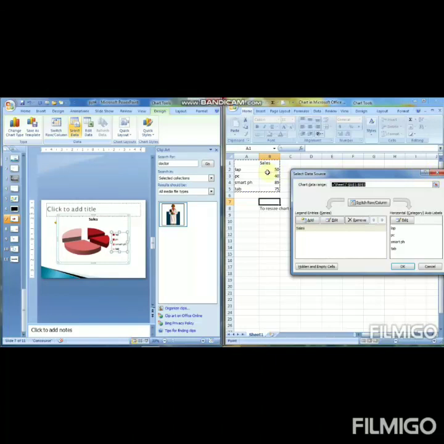I have only a limited amount of data, so it will be entirely selected. If you have a lot of data like your school database, college database, university database, and you want to make a chart for particular conditions or particular persons, you can select the particular row or sheet, so that we use the select data source option.